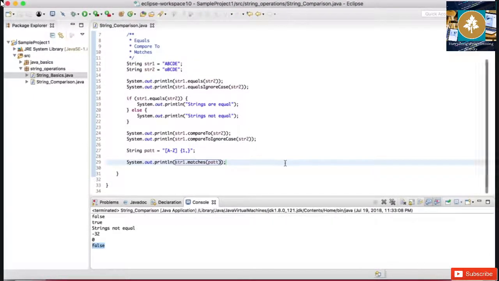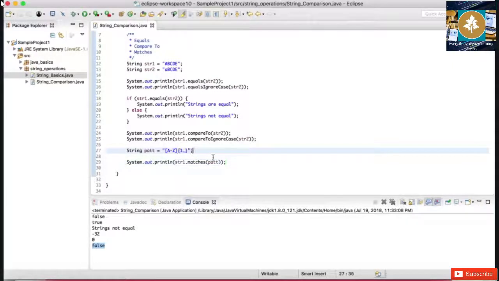So it means it is not matching the pattern somehow. Let me see why. Okay, because of that space in between, and now it is saying true. As simple as that. Three simple methods: equals, compare to, and matches. And again, if you're not aware of regular expressions a lot right now, do not worry about it. We'll talk